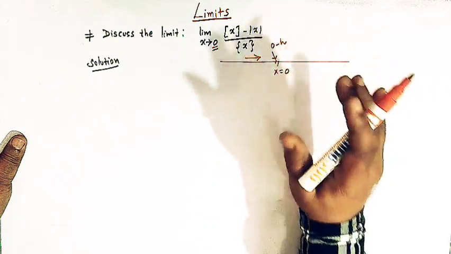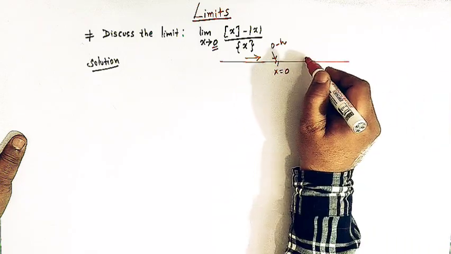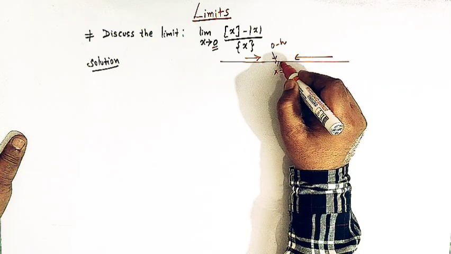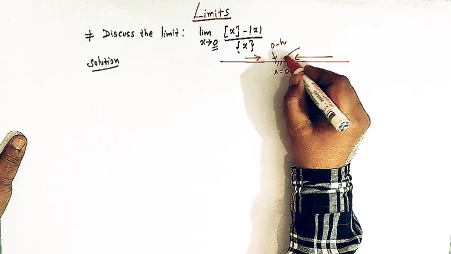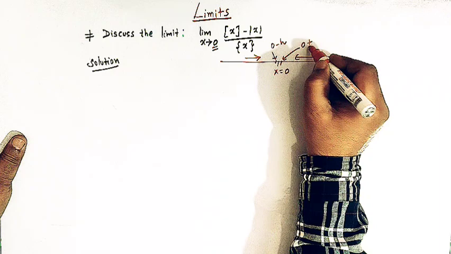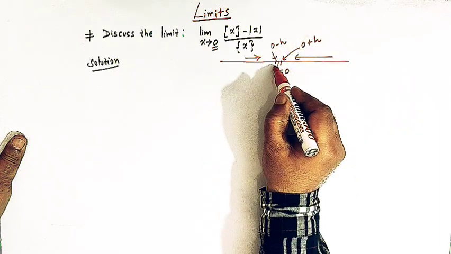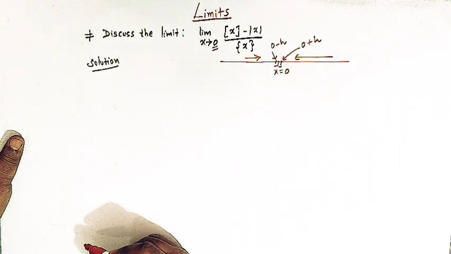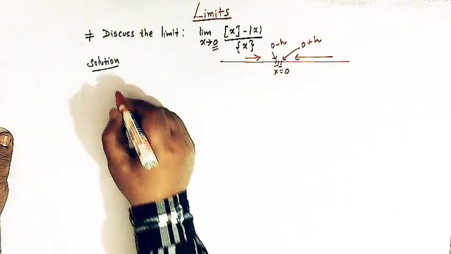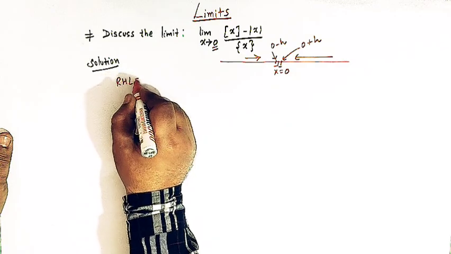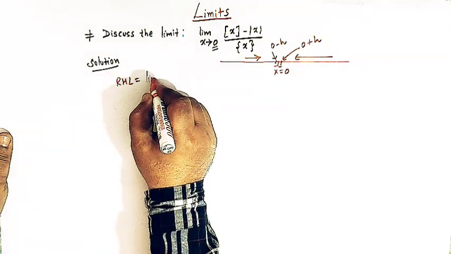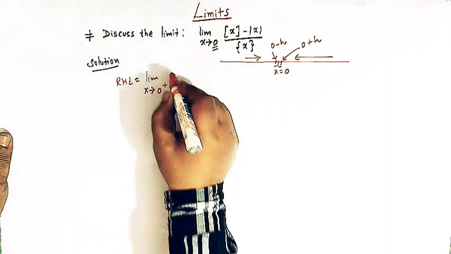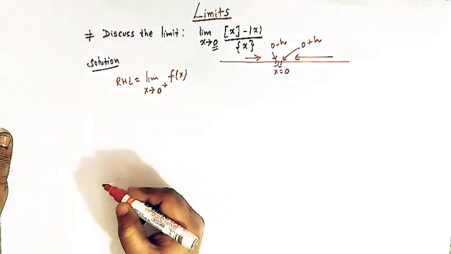When we approach from the right of x equal to 0, we have a point in the right neighborhood, and this point is 0 plus h. This distance is h, and similarly this distance is also h. The notation for the right hand limit is limit x tends to 0 plus, f of x,